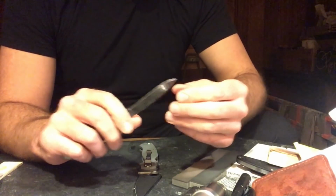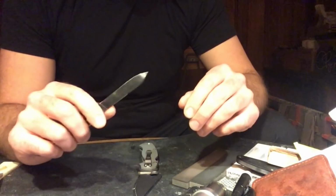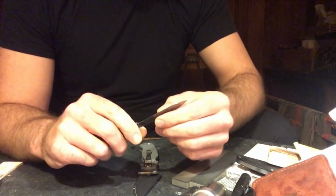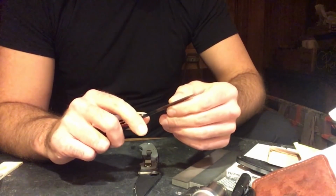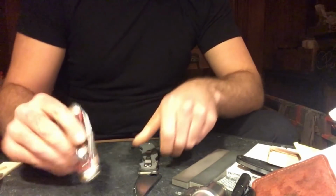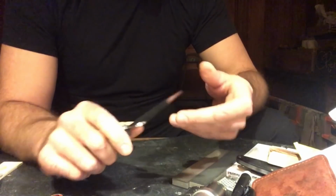Something like 1095 just gets gummy and muddy on the edge, won't form a proper apex, as opposed to something like S30V or M390, where it gets chippy on the edge and brittle. But I thought it was interesting. I was curious that I'm running into so many overheated edges, but I thought that the whole thing was interesting. And beyond that, I haven't had any issue with the knife in Maxamet, but it made me stop and think,